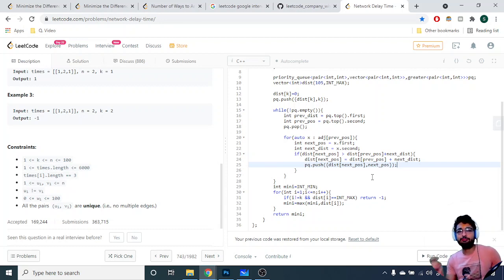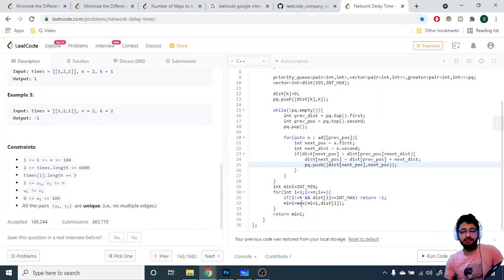Now in the end, it may happen that we haven't reached some particular node. It is not connected at all. In that case, the distance between the kth node and that node turns out to be very large, which is like infinity. I've marked it as int max. So we iterate over the distance array, because that stores the distance from k to all the other nodes. If any node turns out to be int max, which is infinity to us, it means that node is not reachable from the kth node. If that happens, we have to return -1.